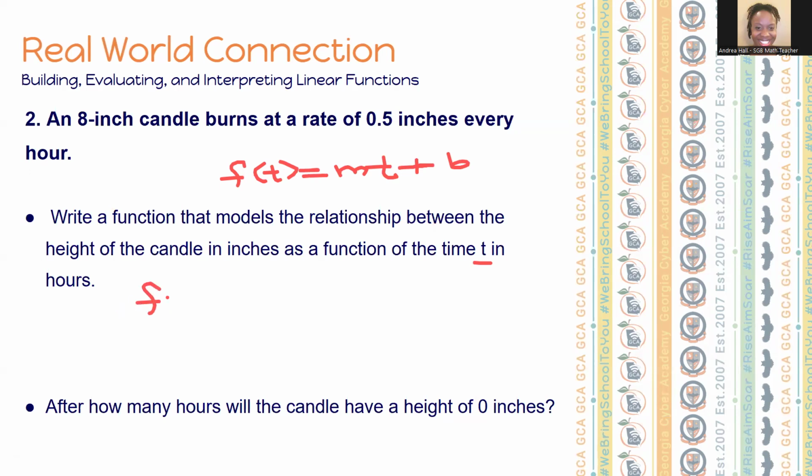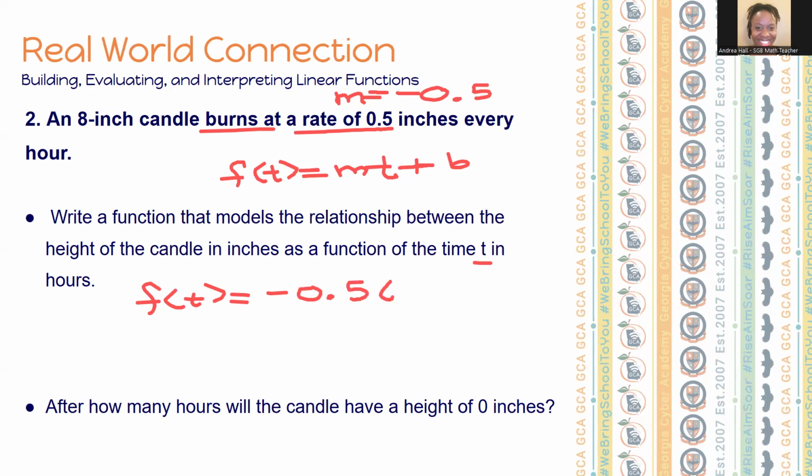All right, so f of t equals, I need to figure out my slope. Well, it says an 8-inch candle burns at a rate of, well, there you go. That's my slope. My slope is a rate of 0.5 inches. Now it's burning, so that means it's not increasing, it's decreasing. So I'm going to have to say negative 0.5. So even though it doesn't say negative, it's burning. That means it's getting lower. So it's decreasing. So my slope is negative